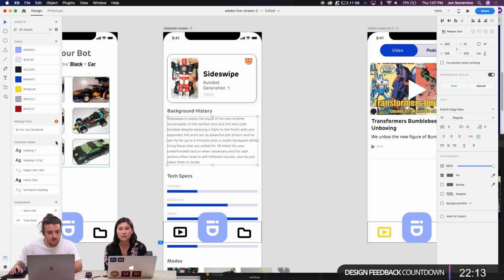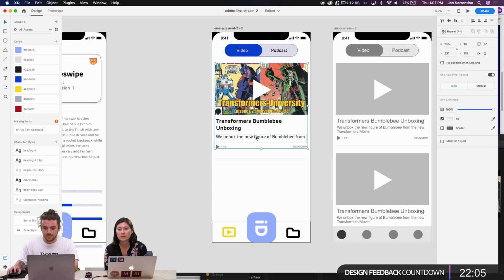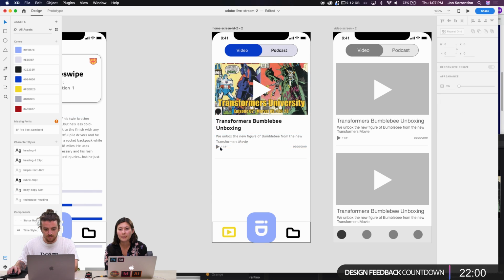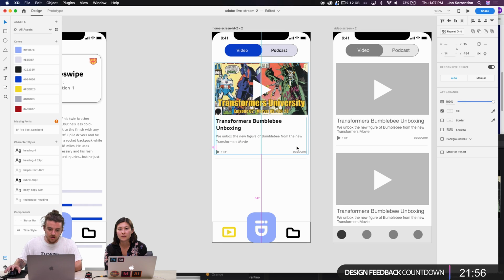So I'm going to make this a new head. This is our body copy here. Copy 13 point. Cool. Now we can just go ahead and reuse that. And that makes life a lot easier when you have these styles. In here, we're going to just get the spacing correct.